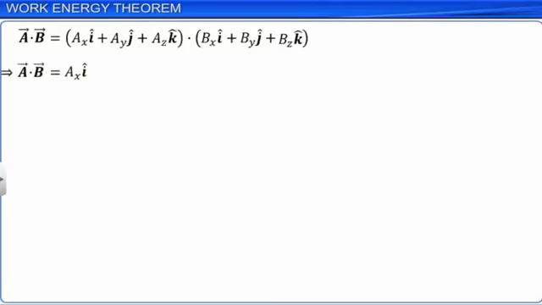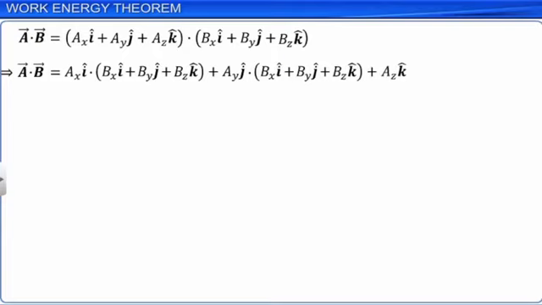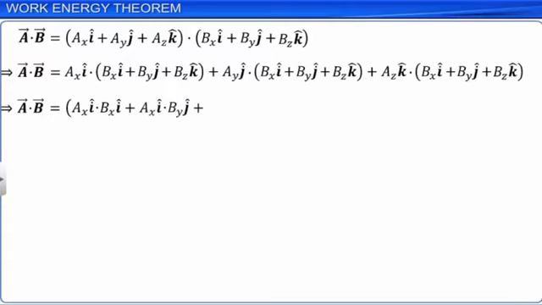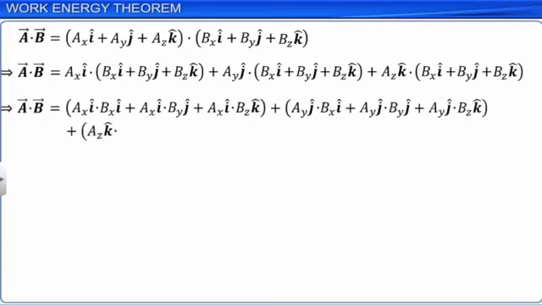which is equal to AXi dot (BXi + BYj + BZk) plus AYj dot (BXi + BYj + BZk) plus AZk dot (BXi + BYj + BZk), equal to AXi dot BXi plus AXi dot BYj plus AXi dot BZk plus AYj dot BXi plus AYj dot BYj plus AYj dot BZk plus AZk dot BXi plus AZk dot BYj plus AZk dot BZk,